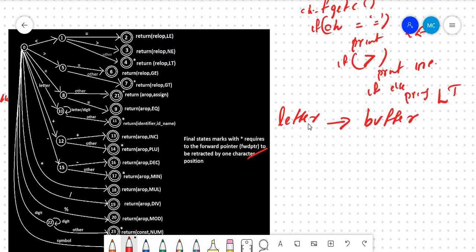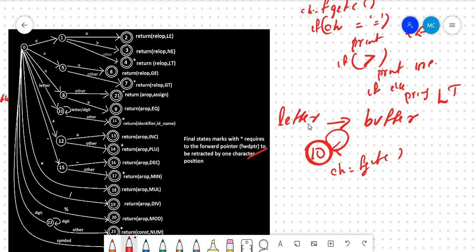You will continue to be in state 10 whenever you read a letter or a digit.